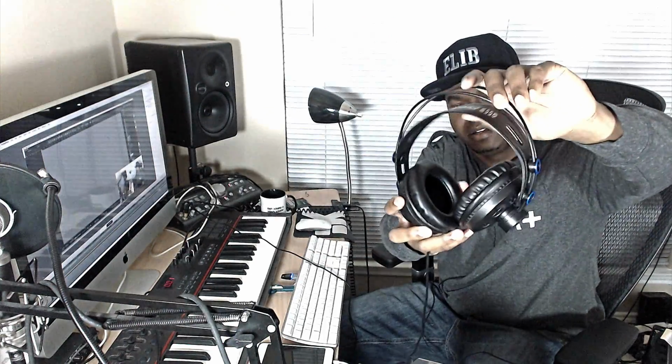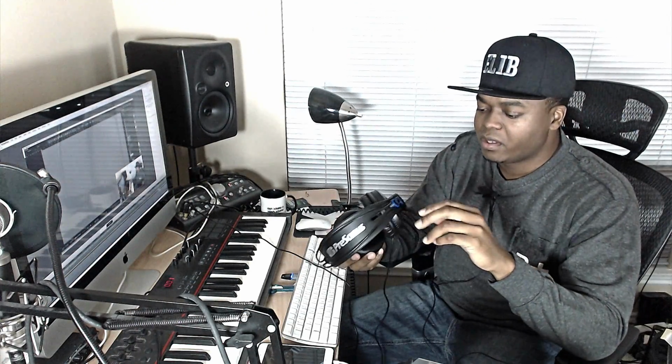And these are just different. I want to say these are modeled after the AKGs. The AKGs have, I don't remember the model, but they have something similar to this, and it's definitely got that look, the same design with this here. I will say that they feel really great when you put them on. They sit in your ears wonderfully, and because they are light, it's not a wear and tear on your head or on your ears. It's very light. So that's a plus there. They're definitely comfortable to wear. But like I say,